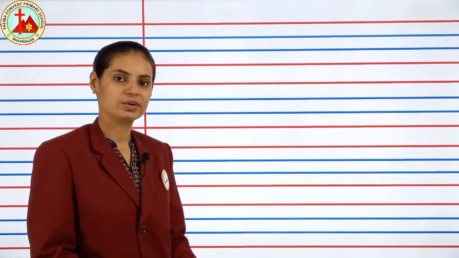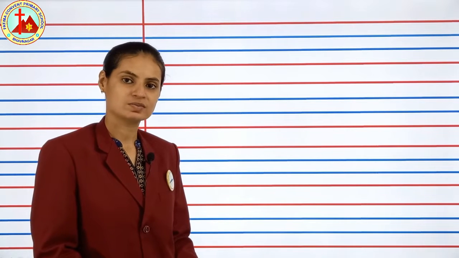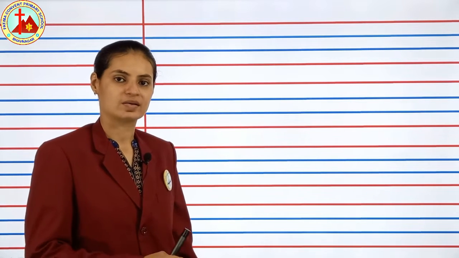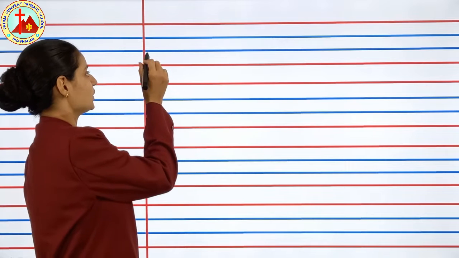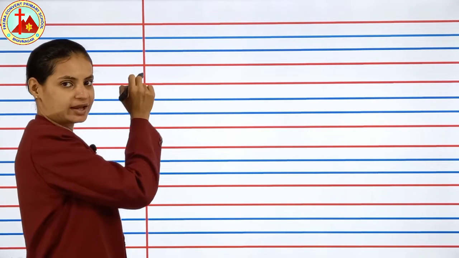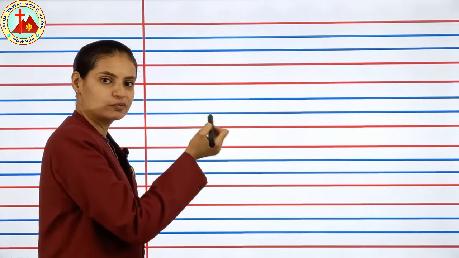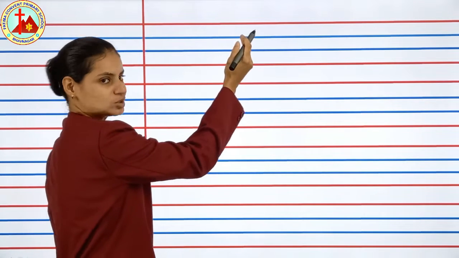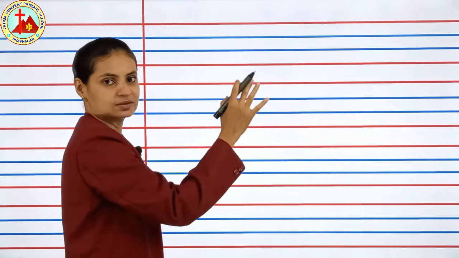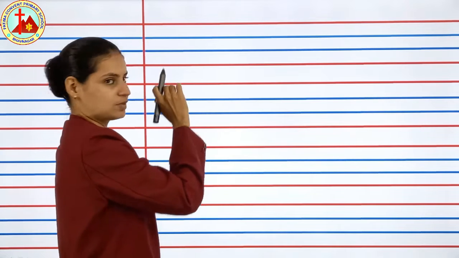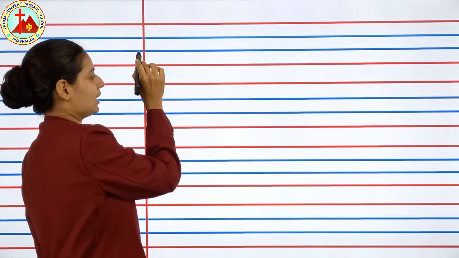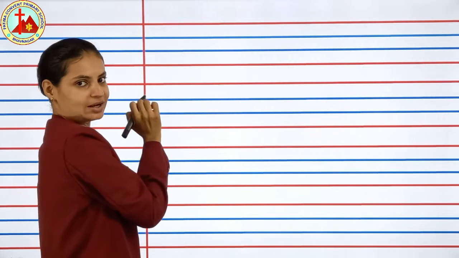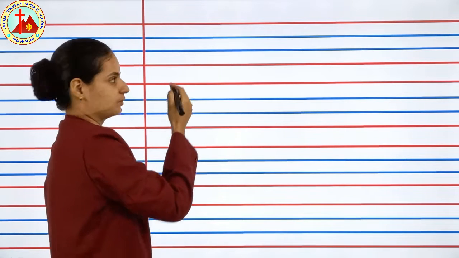Now in A to Z, which is the first letter? A, very good. But which letters are we going to write? Cursive small letters. Let's write cursive small a. Children, you have to touch this red line when you are writing in your 4-line book. Don't leave so much gap and then start writing. That is the wrong method. See how Miss is writing here. Start writing after this red line only, that is the margin line.